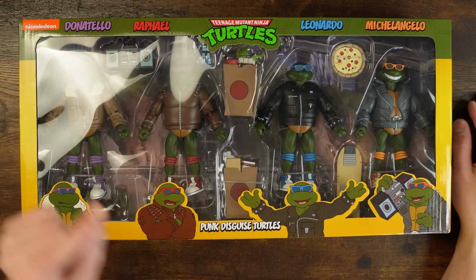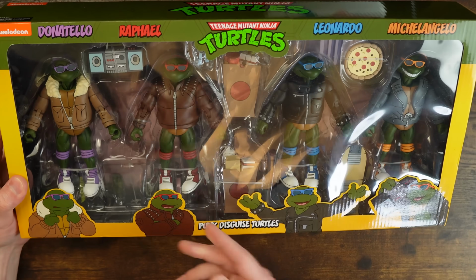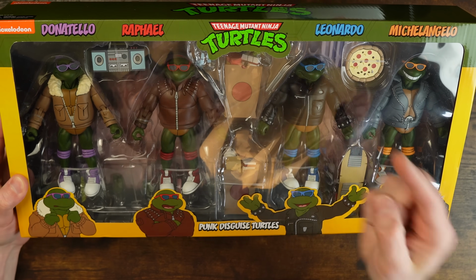Got a set that not everybody wants, but the people that want it really want it. The people that don't want it, I'm gonna show you one thing that's gonna change your mind today. Let's get into the Turtle Punk Disguise Turtles. What did I say? Let's look at this stuff because I'm super excited